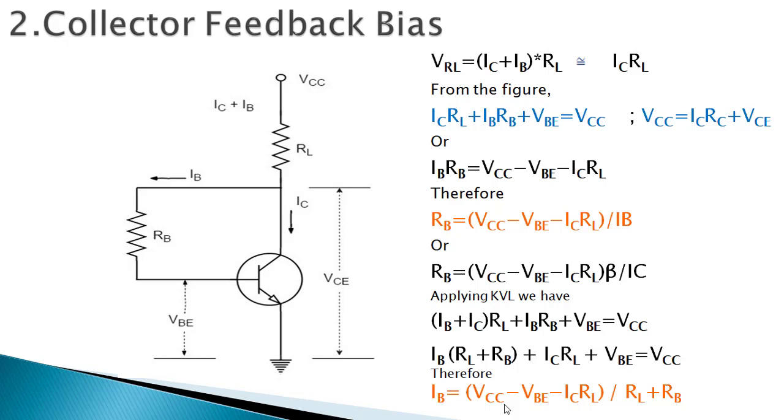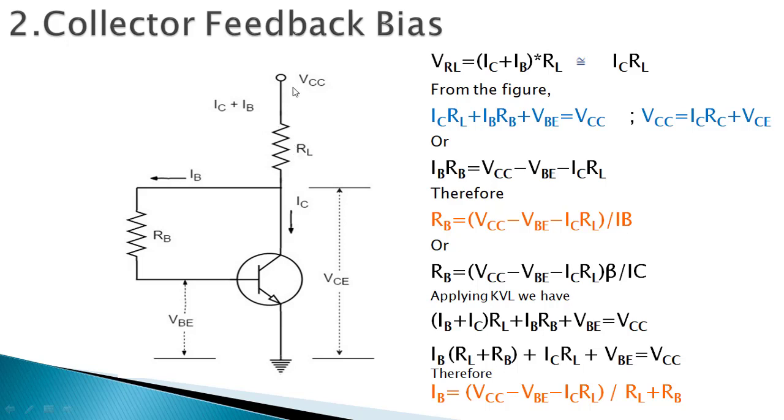So we are going to increase the stability of the transistor. That is done by the feedback method. One is called collector feedback and another is called emitter feedback. First we will look at collector feedback. In the previous case, the stability is poor because IC is independent of IB. Here the resistance RB is connected at this point, so the current flowing through RL is IC plus IB. So there is a relation between IC and IB, which improves the stability of the transistor.